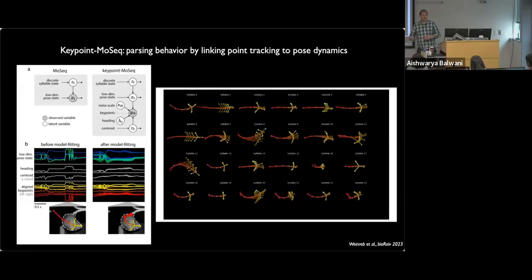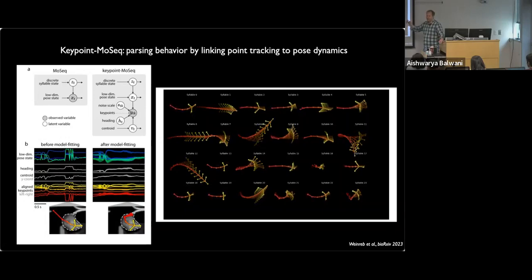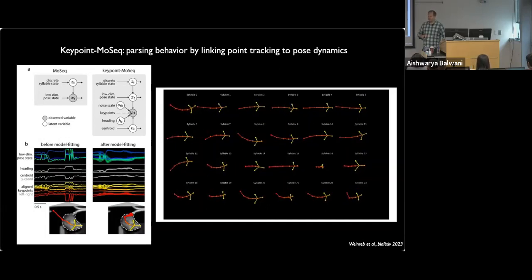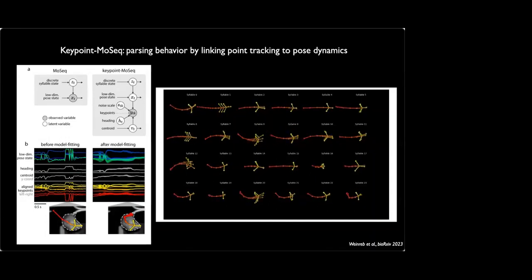But the barrier to entry to using these techniques is a lot lower because you don't need to set up a Microsoft Kinect. I don't even know if you can still buy a Microsoft Kinect. That's maybe one of the first challenges. All you need here is a regular RGB camera. It doesn't even have to be super high frame rate or anything. Just the off-the-shelf cameras that you need to do pose tracking, which are widely used throughout neuroscience these days. So we're excited about this, and we just dropped it on bioRxiv a week or two ago. So check it out. It's called Keypoint MoSeq.